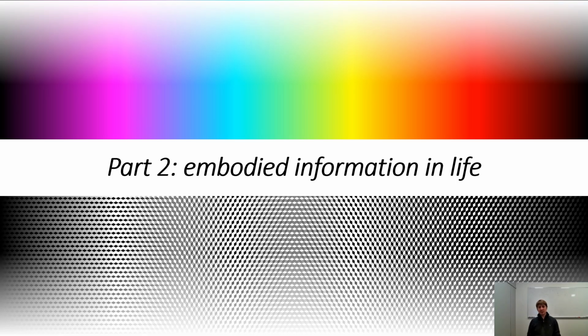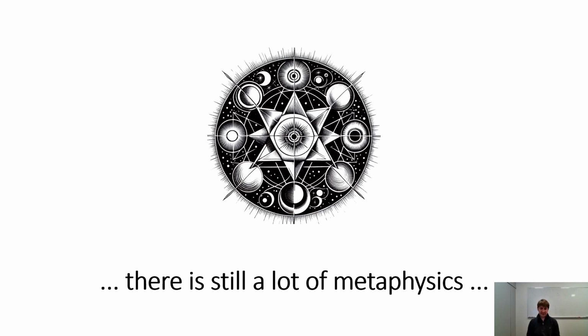So now we come to the main part of this talk, which is embodied information in life. That's how this should be titled. There's still a lot of metaphysics involved, and the main drive behind the early parts of this model was to remove this. You want to do consciousness science. We want to enable mathematical consciousness science. So we want to enable researchers who don't have to deal with philosophy all the time by giving them mathematical